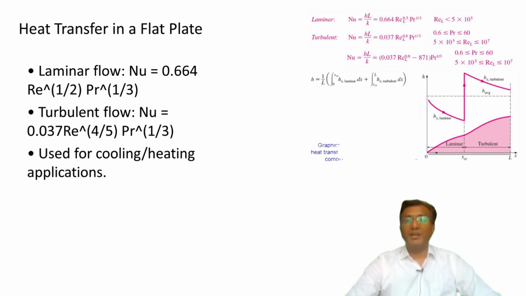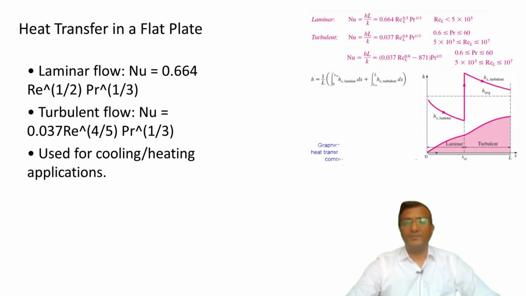For combined laminar and turbulent flow, the Nusselt number is given by 0.037 multiplied by Reynolds number raised to 4 by 5 minus 871 multiplied by Prandtl number raised to 1 by 3. These correlations allow us to calculate the heat transfer coefficient H, which determines the heat transfer rate via